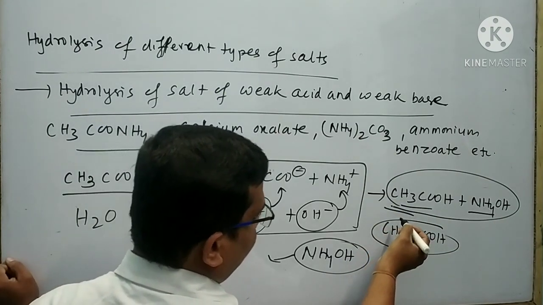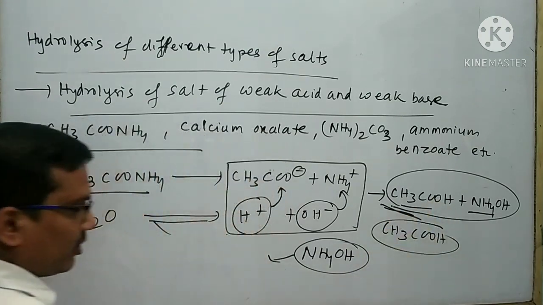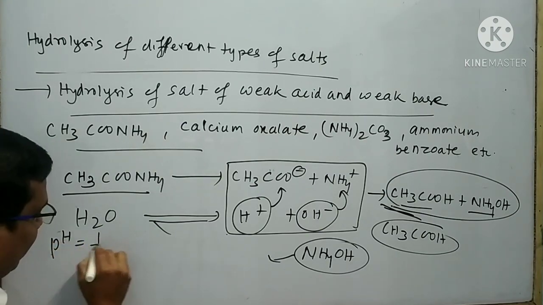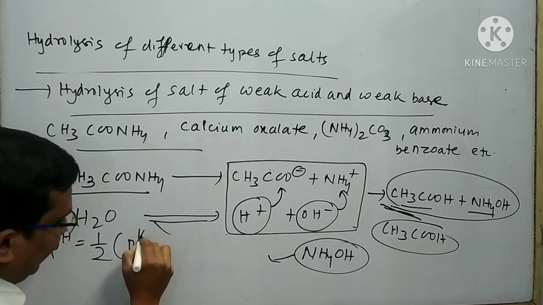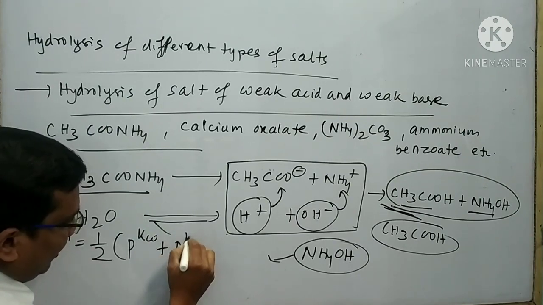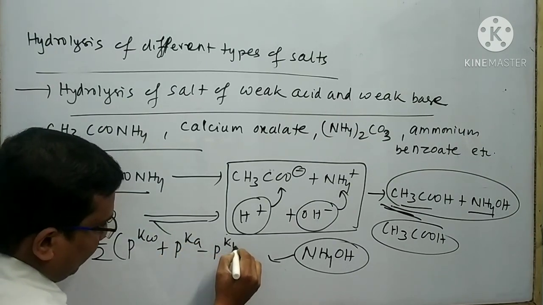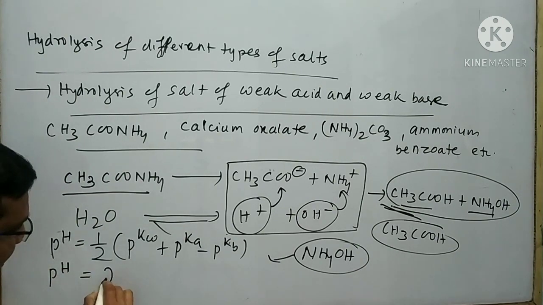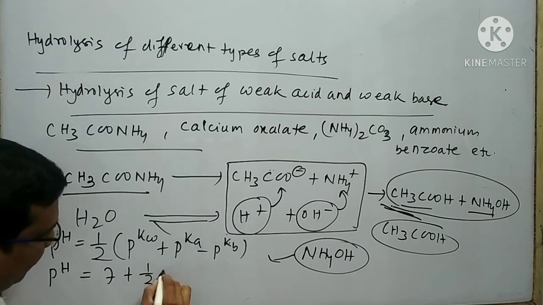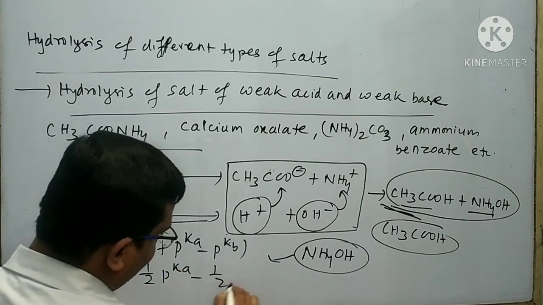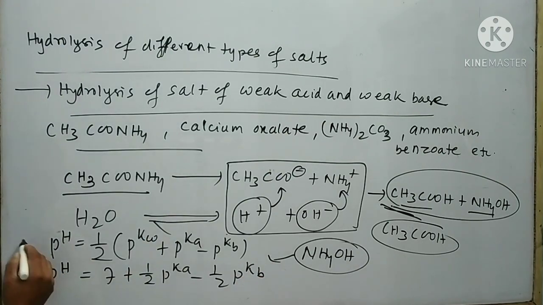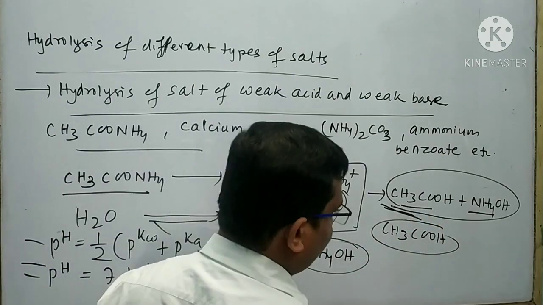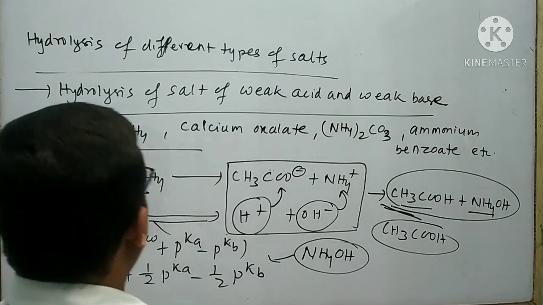For the calculation of pH of such type of solution, generally we use the formula, that is pH equal to 1 by 2 of pKw plus pKa minus pKb, or here I can write pH equal to 7 plus 1 by 2 pKa minus 1 by 2 pKb. These are the formulas for the calculation of pH of such type of solution. This is all about the hydrolysis of different